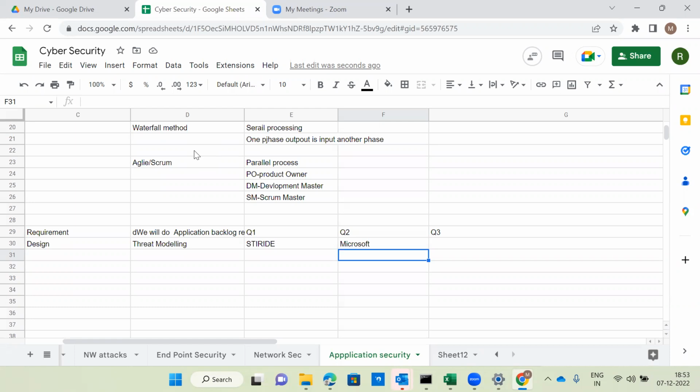If you want to go for application security, you should know at least one programming language. But if you want to go for endpoint security, network security, cyber security, information security, or cloud security, no programming language is required. But if you want to go for product security, mobile security, or application security, it is compulsory to learn at least one programming language. Why? Because